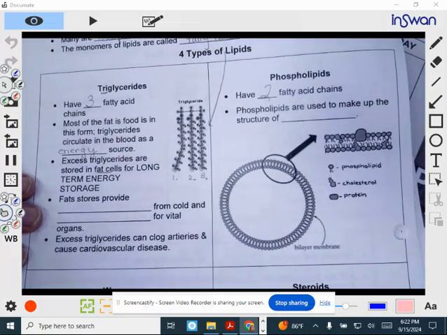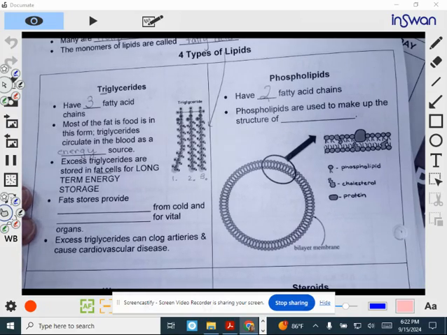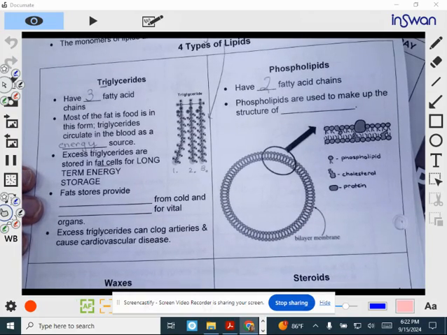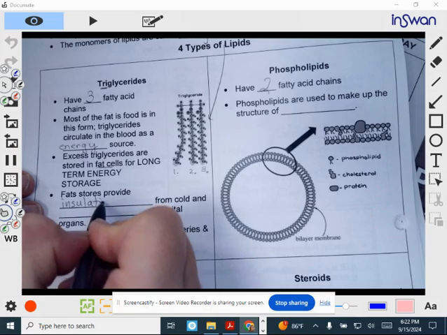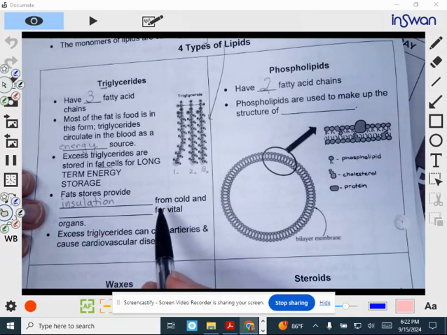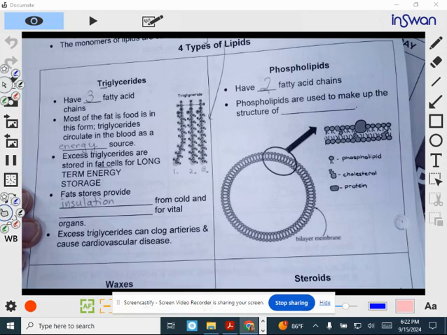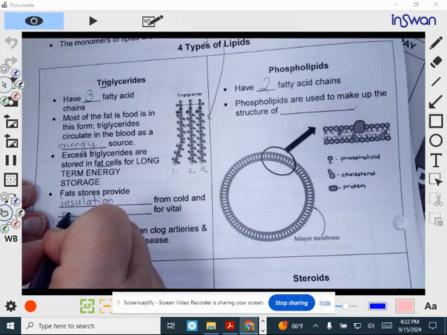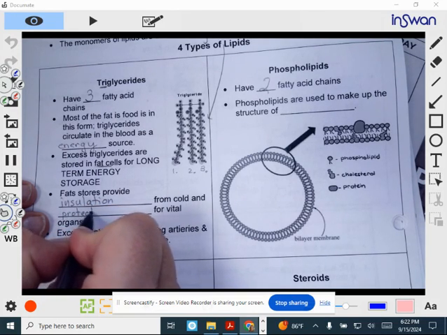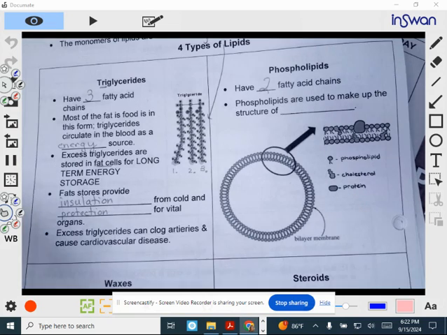Now, fats also provide some other benefits to living things. So fats provide insulation from the cold. Whales and other Arctic animals, they have lots of blubber, and that prevents them from getting cold in those environments. And fat also offers protection. So if there's some trauma to like your midsection, that fat that's in that area will protect your vital organs